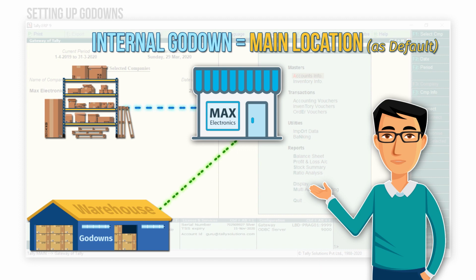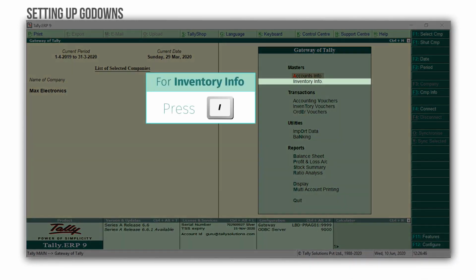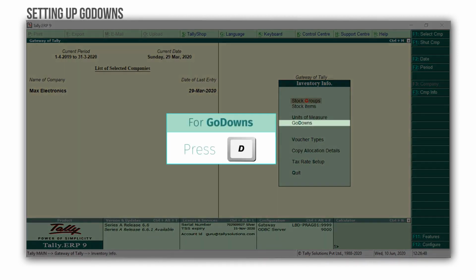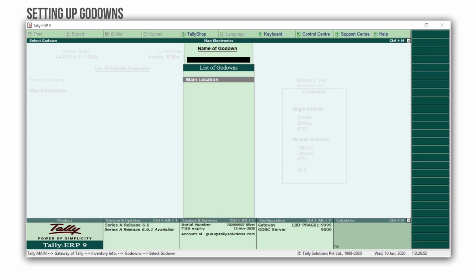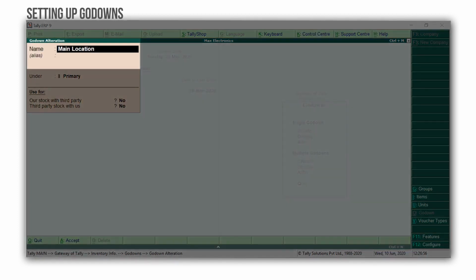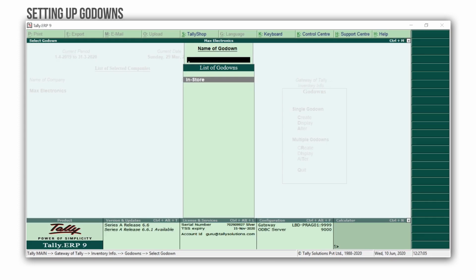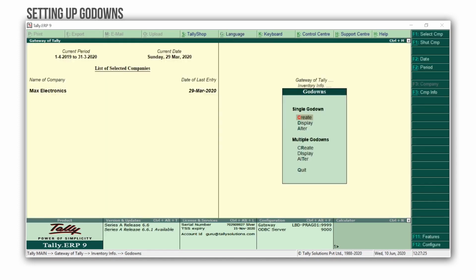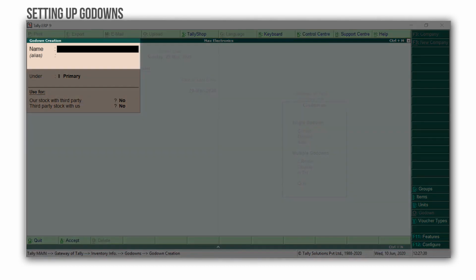Let's rename the main location as in-store. For this, press I for inventory info, press D for godowns, go to alter, enter on main location, press spacebar to remove the name, type the name as in-store, press Ctrl A to accept the screen, press escape, press C to create another godown, type the name as warehouse, and here is a quick